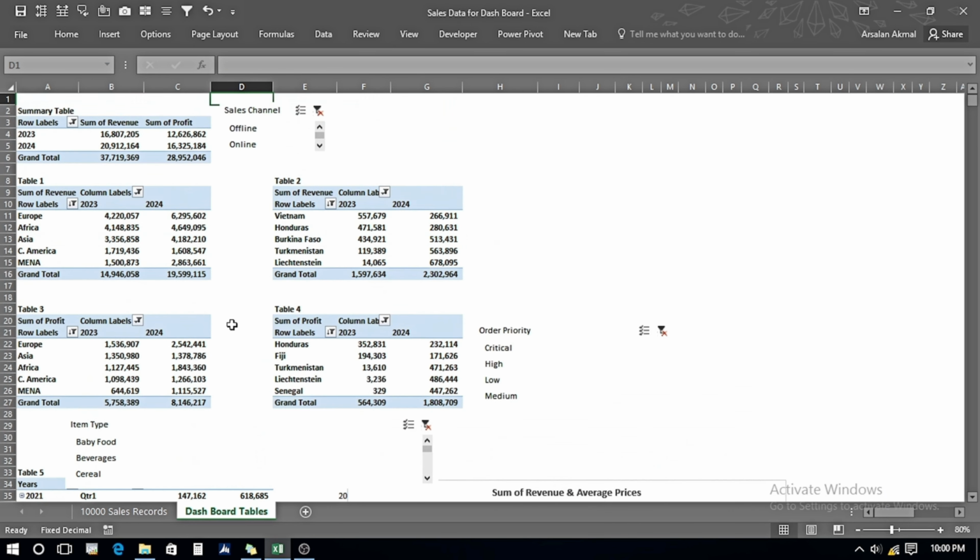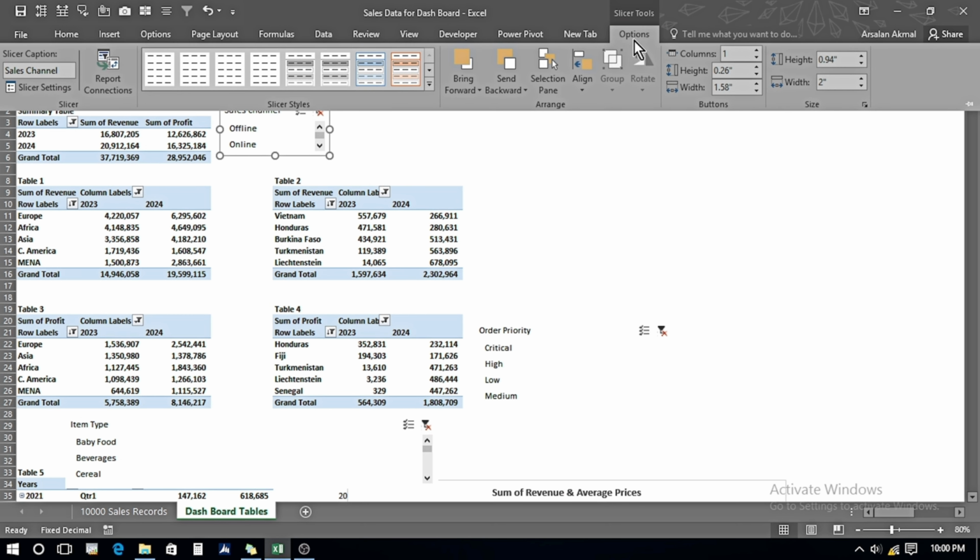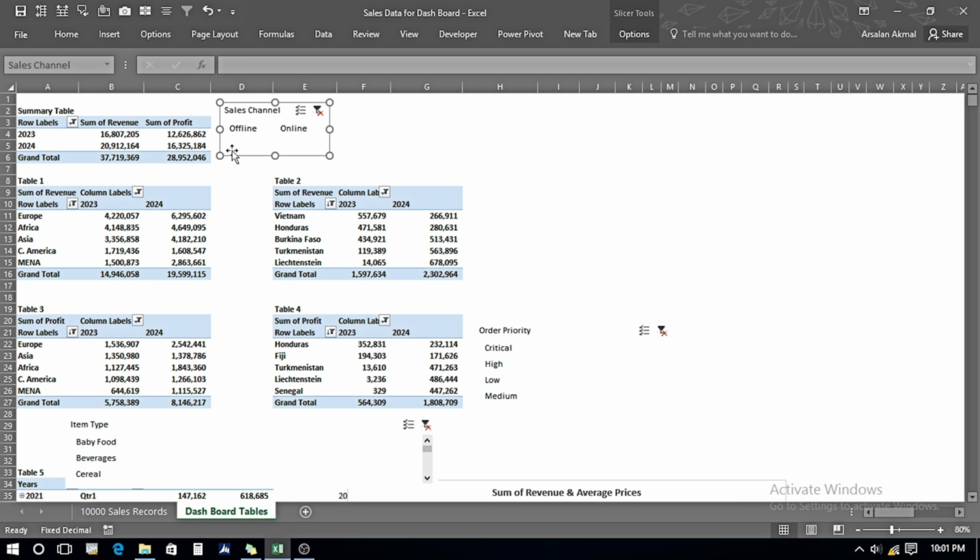One last thing, we can do that while we are in dashboard, but for making the task much easier, we are going to make as many changes in our dashboard table sheet, and then it will be just copying and pasting into the dashboard sheet. So I want these in one line. I will go in the slicer tool options and I will go for the 2 columns. So now it is appearing in 2 columns.